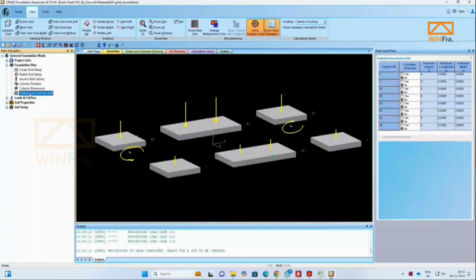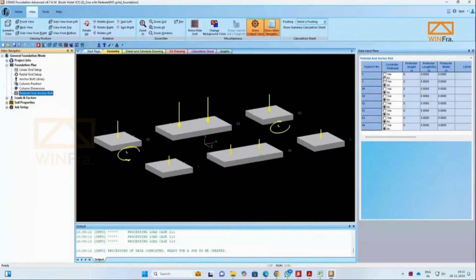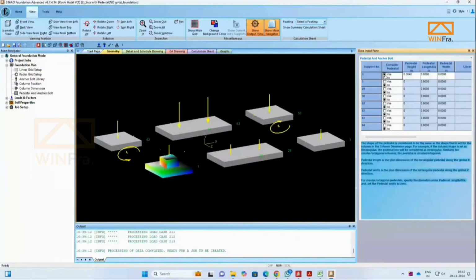Now it will not design the anchor bolt, and it will also design the pedestal, but it's not really accurate. But we will have to give pedestals here. Since if you are using steel members, you will have to provide pedestals, right? So here you can just give. It will ask if you should consider pedestals or not. If you want to consider, you just click yes. It will ask you to give all the details for the pedestal